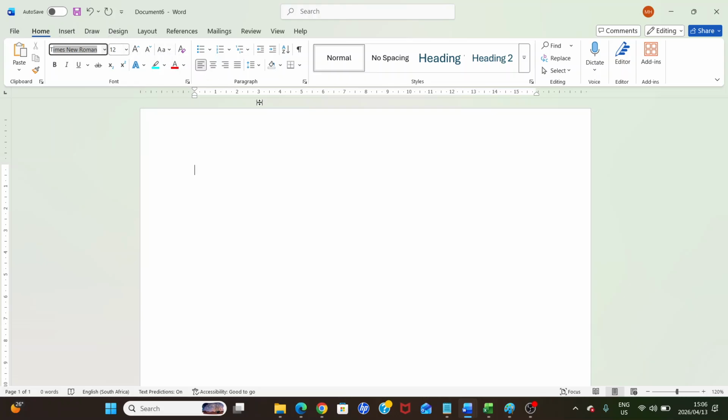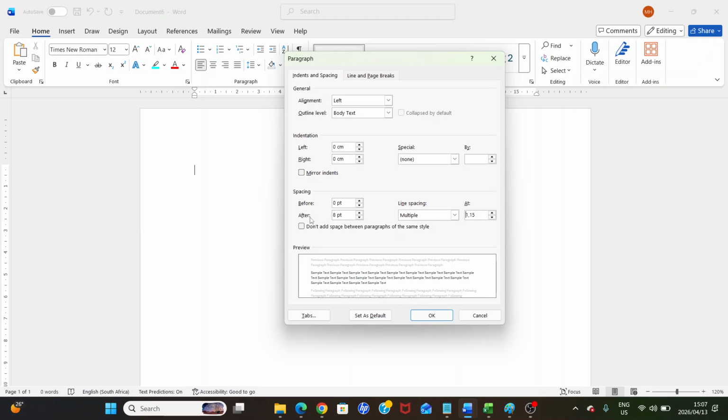The next thing that we're going to change at step number 4 is our line spacing. Line spacing is 1.15, so you can just click on it here in line spacing. But that is not the only line spacing we are changing. We are also changing the line spacing options. After you have selected 1.15, you go down to where it says line spacing options and you choose to make the after line spacing 0.